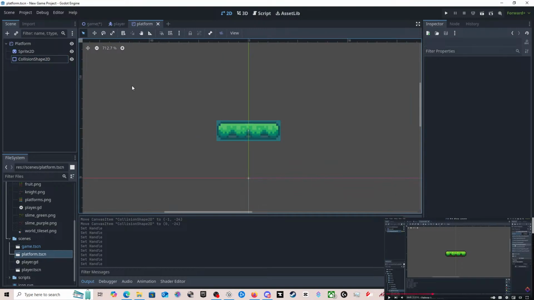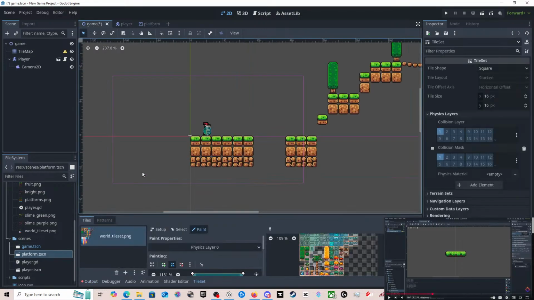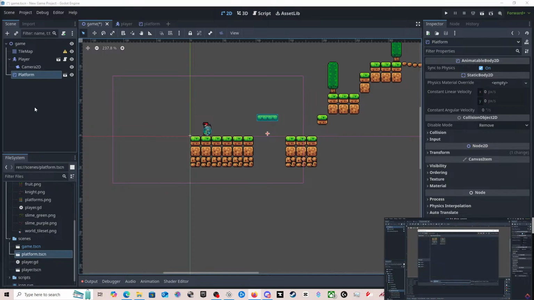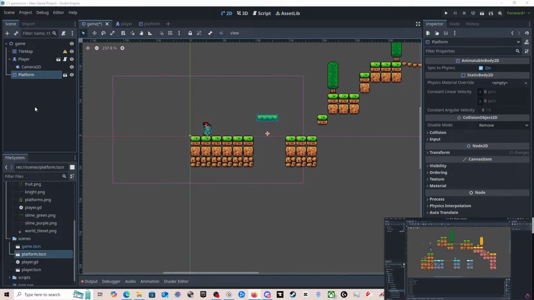Right, Control S. We've saved it. Game. Platform. Ta-da. Going to add a rectangle shape, and now we can simply click and drag this to configure it. Then let's rename our top node here to platform and save the scene. So Control S. In our scenes folder, hit save. We've actually created our platform. So in our game scene, we can drag it in, go under scenes, find the platform, drag it into wherever we'd like, and let's hit play.